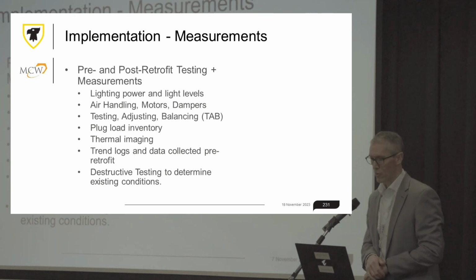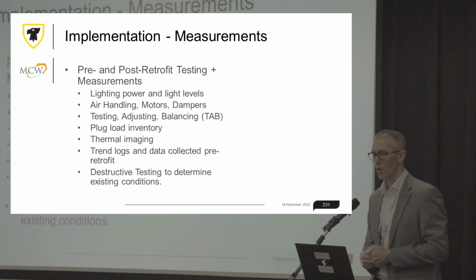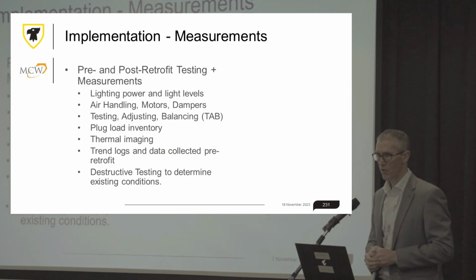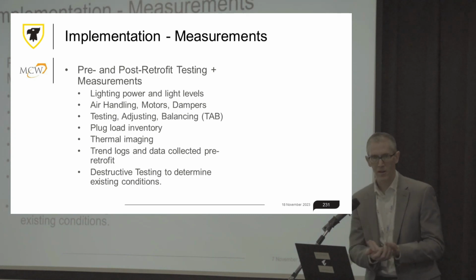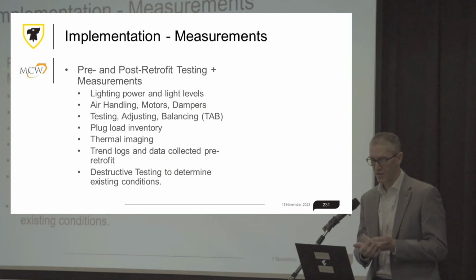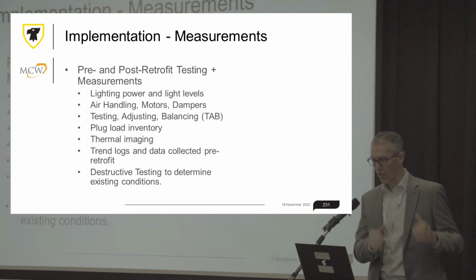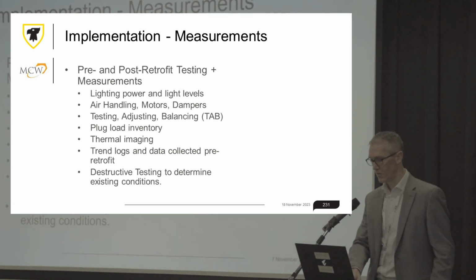Okay, pre and post retrofit. So as you get into a building, you analyze it as you get going. So you do all the pre-retrofit measurements. So we looked at the lighting, we looked at the TAB, we looked at motor testing, thermal imaging, plug loads. You go through each building. Oh, you have a coffee maker. How many cups of coffee do you have per day? So anyway, you've got to figure all that stuff out. You get the trend logs. So we have all that stuff, and any testing